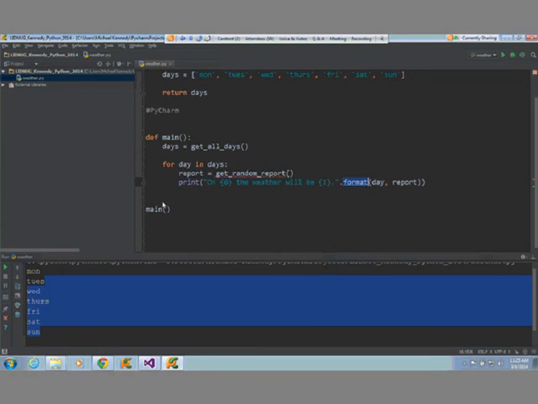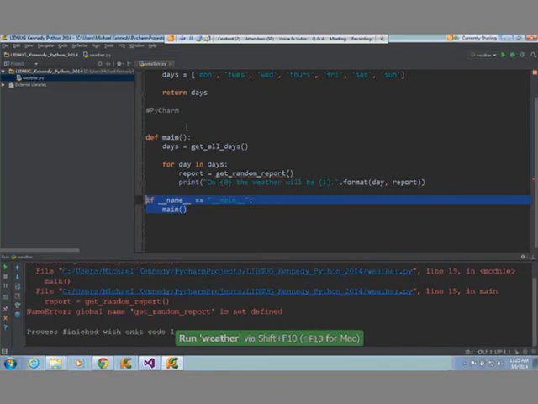Okay, and I got distracted from this. So the convention is if there's this variable, environment variable type thing set called __name__, which talks about the name of your script or your file, we'll say if that is equal to "__main__", that means you're the thing that's running, then do that. So you'll see this often, and this just means only run this method if this is the script that's running, not if it's being used as a library. I better finish writing this code before I try to run it.